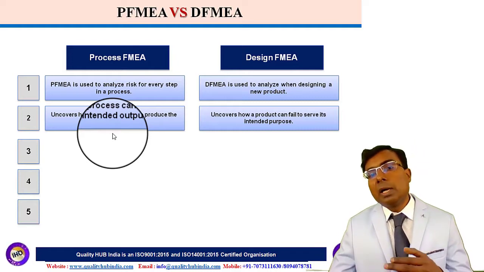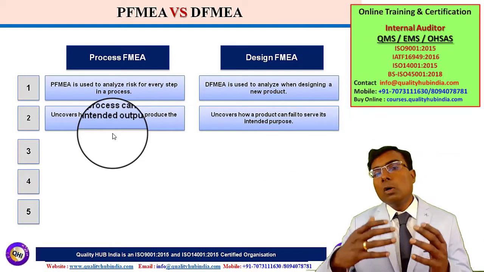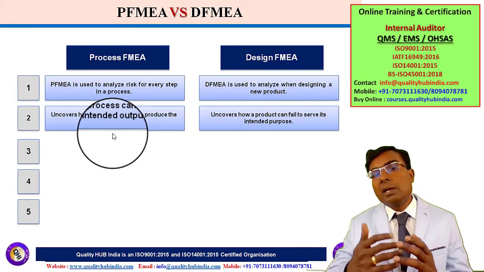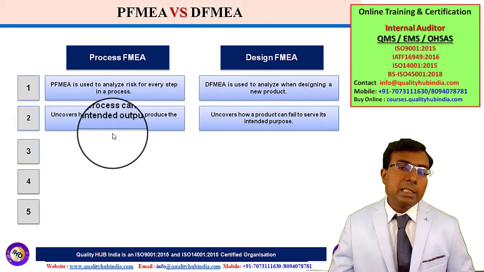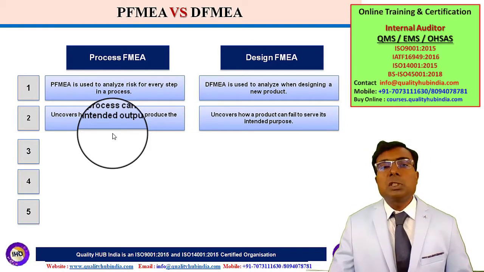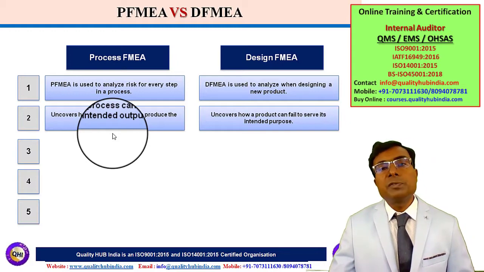Same thing could go wrong in the width also. If I talk about drilling operation, what could go wrong in drilling operation? The drill dia could be undersized, the drill dia could be oversized, or there could be burr in drill dia. So these are the ways in which the process could fail, and which will be called process failure modes in